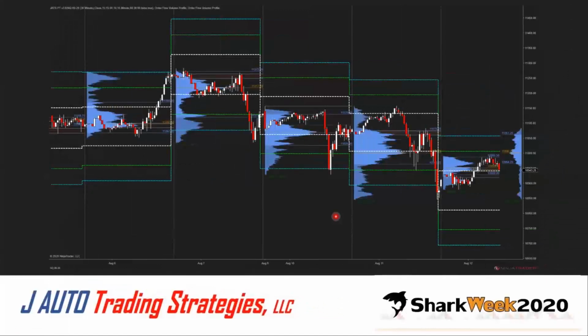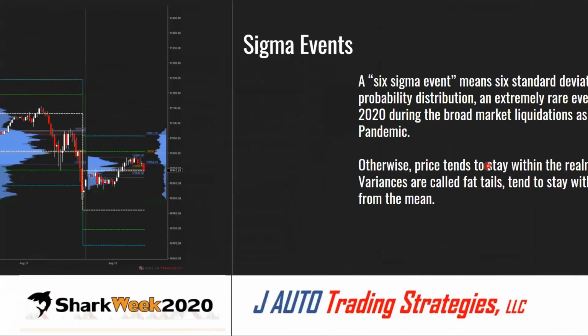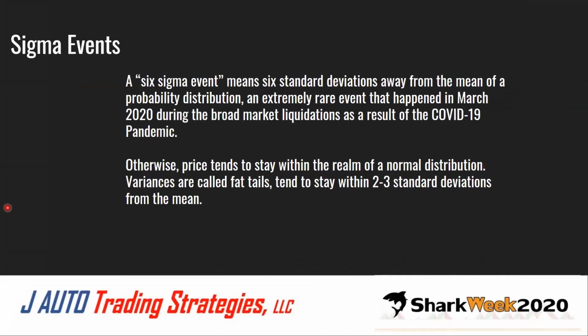And here's the NQ. Same thing, again, inside the first standard deviation or outside, trade to your 1, 2, and 3. And then turn it around on the ends and then come back in. So it's just a really nice way to measure volatility. Sigma events, this is where we get that max 6 standard deviations away from the mean, and that's very rare.